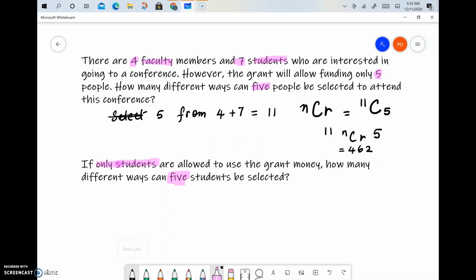So it's specifically students. So it would be choose 5, and we choose from a total of 7 students. So from 7 students, choose 5. So it would be from 7. So that becomes n. n is the larger number. And r. So 7C5. So 7C5 is a formula that's going to count the total number of selections of 5 students from a